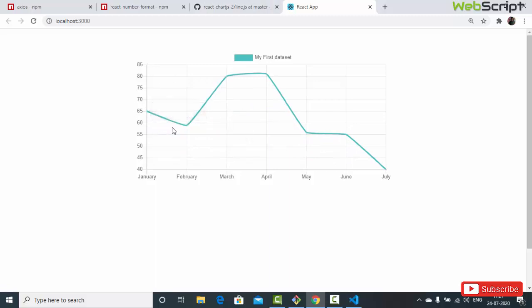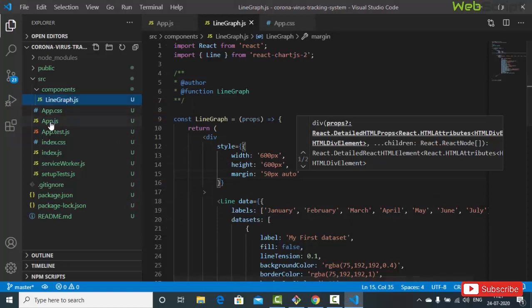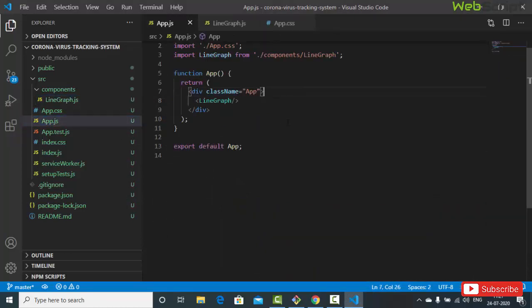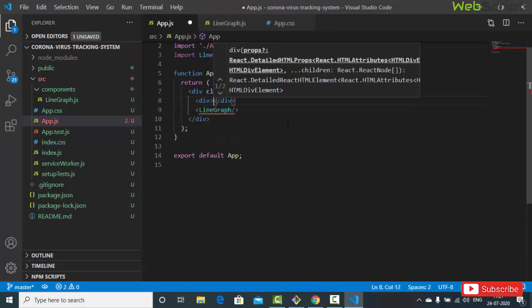These are the points, these are the labels, January, February, March. Okay, these numbers are generated automatically based on your y points. Okay, so the highest point, this 85, is going to be like that. Okay, and that's it. Now let's go back to your app.js, and here we are going to say div, and then